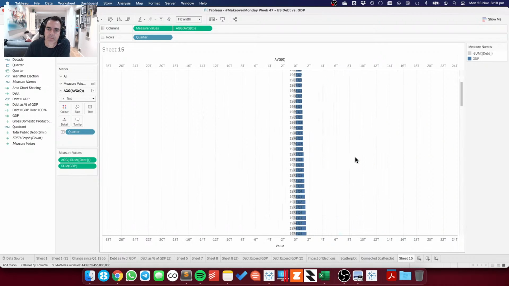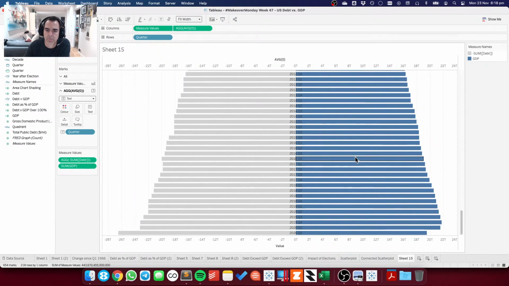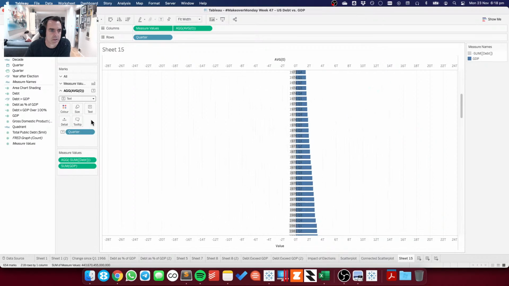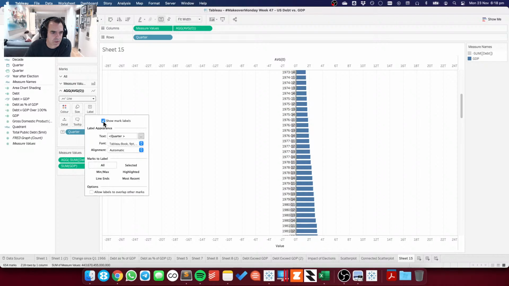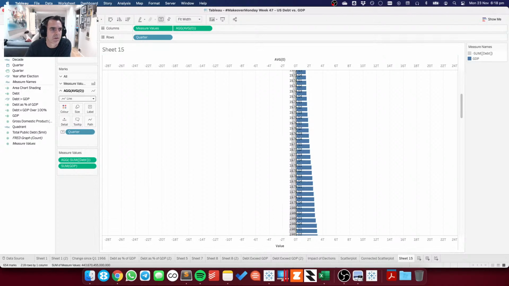I don't know if I like that or not. What if I make this a line and then show mark labels, and then center. Okay, that's going to be the same thing.